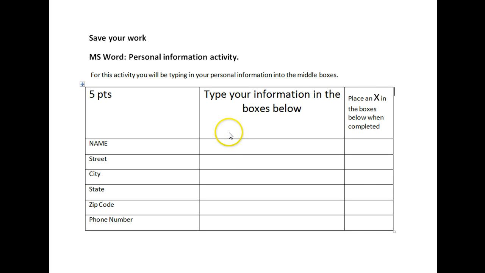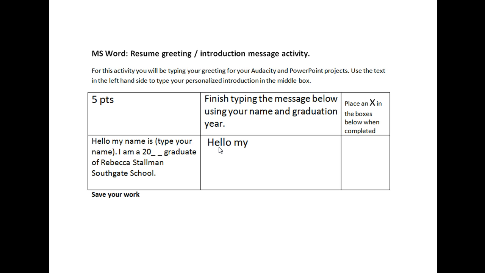As you can see here, there's a name, street, city, state, all that kind of stuff, information. And basically this was practice for them to be able to type in a name, street address and stuff. In Microsoft Excel, I had them look at job sites and put in the contact information for the job sites that they've been to, and so that way they can get practice using Microsoft Excel and then use that information in their PowerPoints.